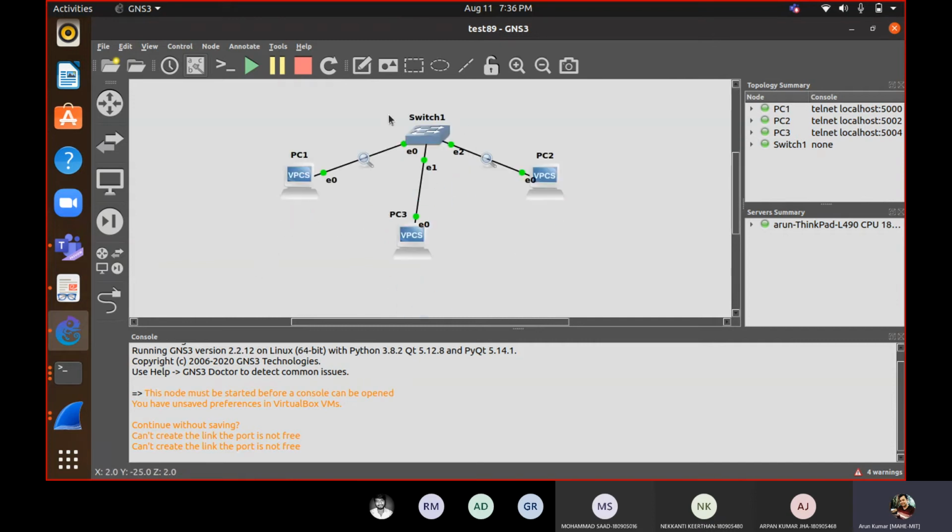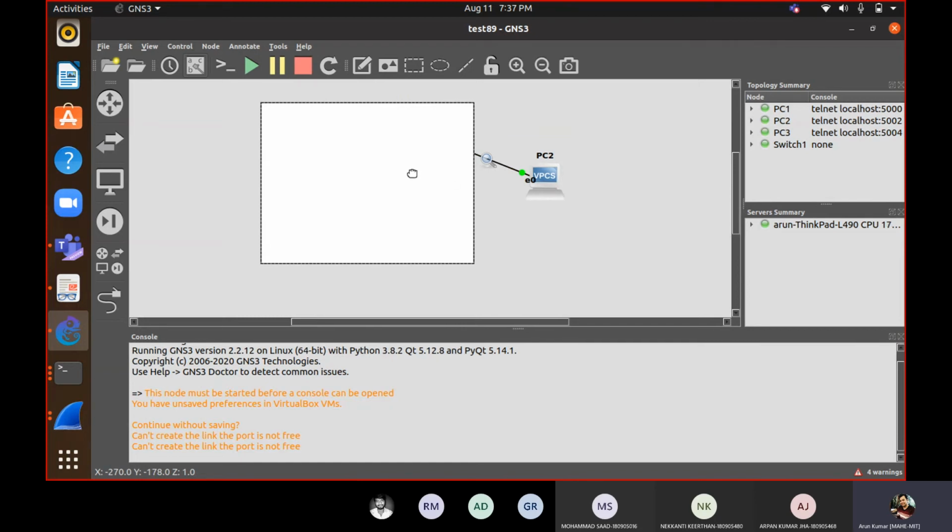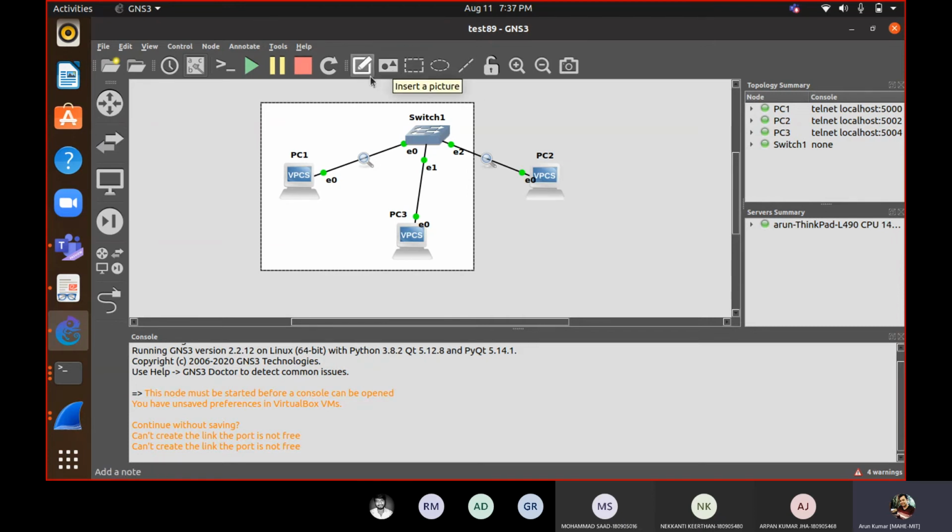Okay. Now all of you do this operation. And there is one more thing, see, this is the rectangle. So here we want to segregate it. Logically, we want to divide our network. So how can we do it? See, this is part of one sort of thing. So right click on this, lower one layer. Now you can see it. Okay. So this is one. You can include a text box also, insert a picture. You can add a note here also, something you can do.